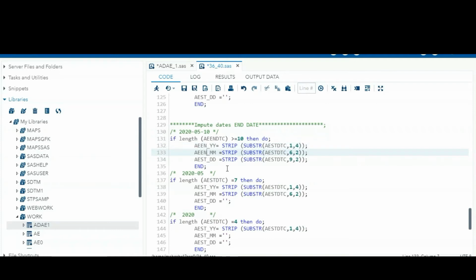Wherever we used AESTDTC, we replace it with AEENDTC.